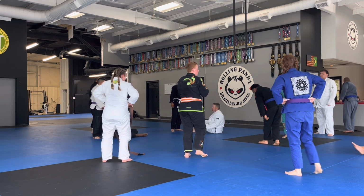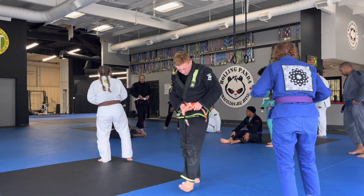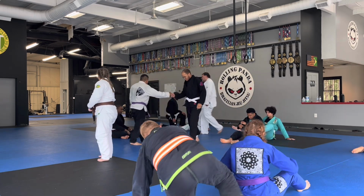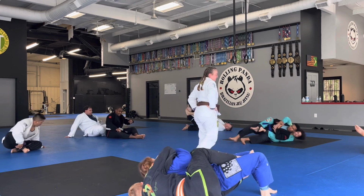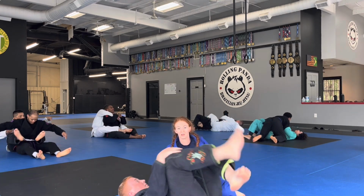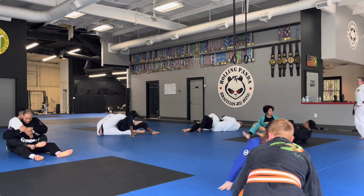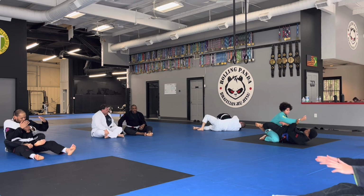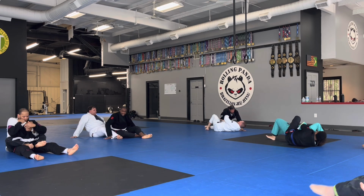Back escapes work way better when you're close to the same size, as much as you can. You can work it out from that sitting position. I'd love it if we got to the back, to the arm drag thing, because you're going to end up in odd positions. There's always a point during the escape. Once you realize they're going to escape, you've got to at least try to get